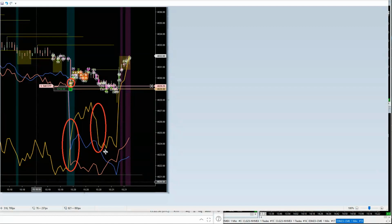Then they released the pressure here to try and bring in some sellers. That's what we were looking for. They brought in some sellers. They established a baseline for the book. They brought in some heavy sellers. Price never moved down. We bought to cross, and we took a quick pop at that